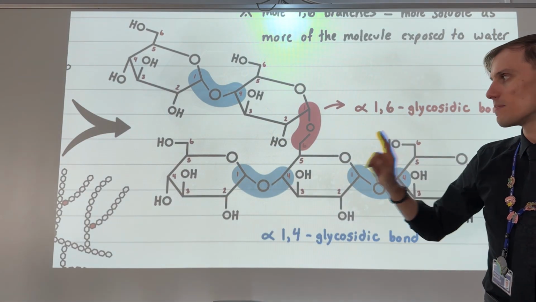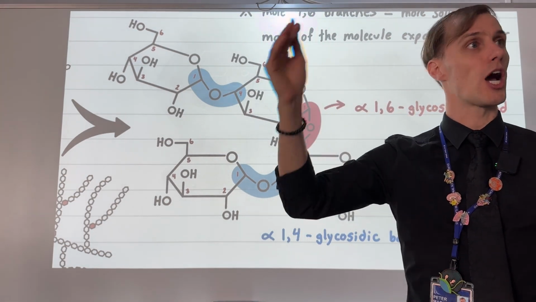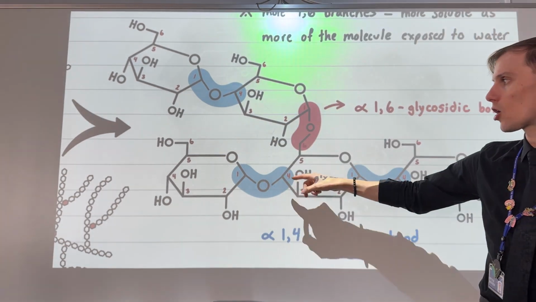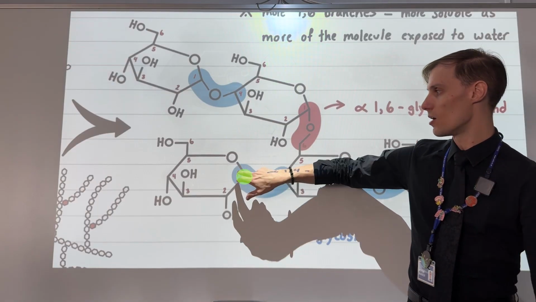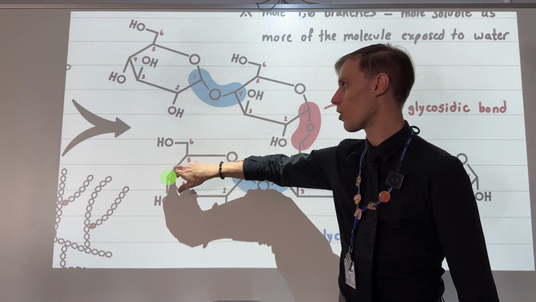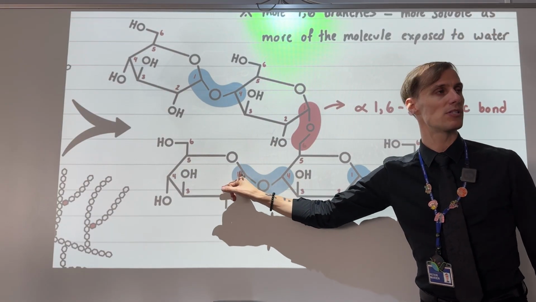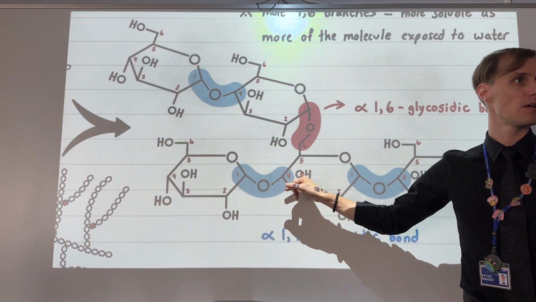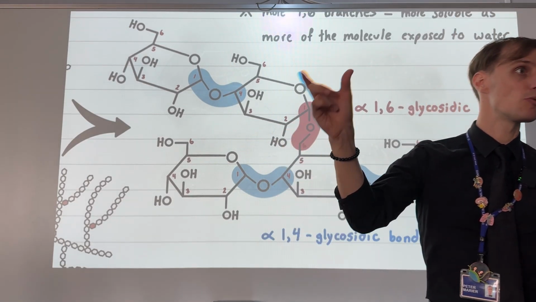And notice, if I'm numbering the carbons, and we number in the same way that we numbered the deoxyribose and ribose, right? Clockwise, starting from the 1 carbon below the oxygen. So that would be 1, 2, 3, 4, 5, 6. If this carbon is glycosidically bonded to this carbon, then we can call this bond an alpha, because it's between alpha glucose,